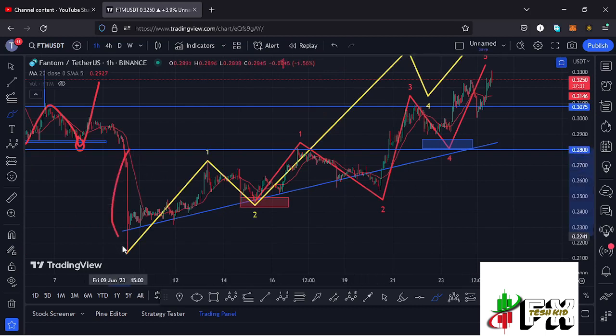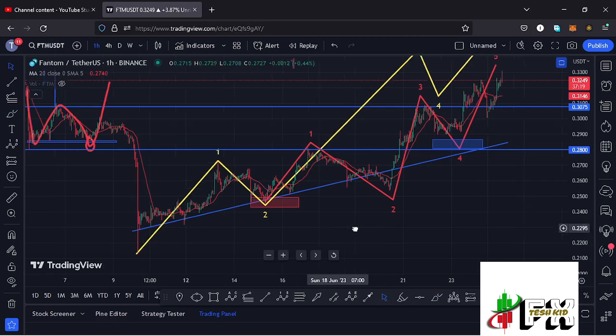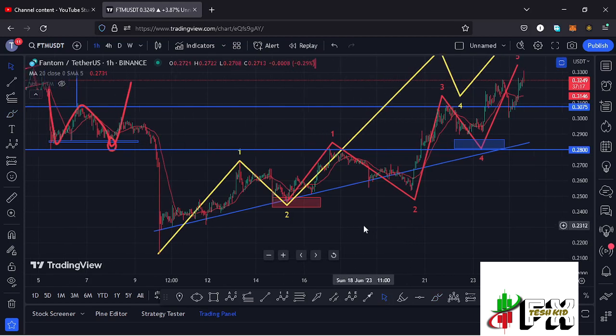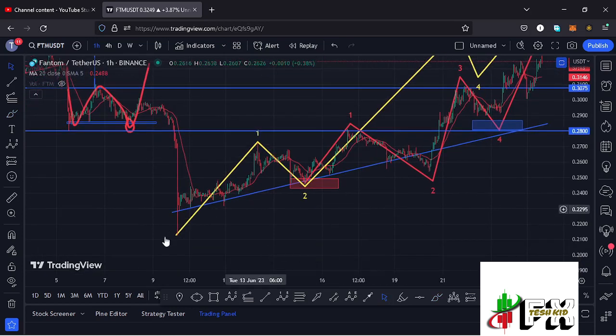Fantom has also continued to obey the ED12 structures, where you can see that after seeing our massive crash on the 10th of June, giving us a low at around the $0.2121 mark, we started this massive recovery to the upside in a move that has now been obeying the ED12 structures, where you can see that I have this ED12 structure in yellow, where I'm terming that as a first wave to the upside. Then we saw a corrective structure in the formation of this wave 2,